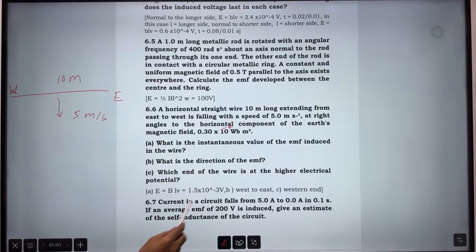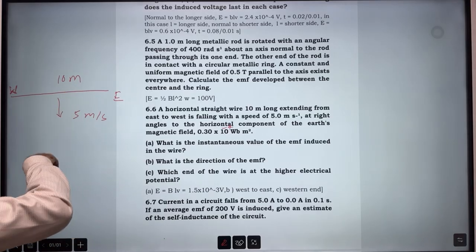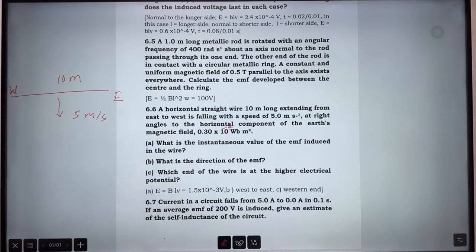So what is happening? Since the magnetic field is horizontal and the velocity is vertical, in that case we apply the concept BLV equal to induced EMF, right? So we can put the value of B equal to 0.3 into 10 to the power minus 4, length is given as 10 and the velocity is given as 5, and you can evaluate, so you will get the answer, correct? And then comes,